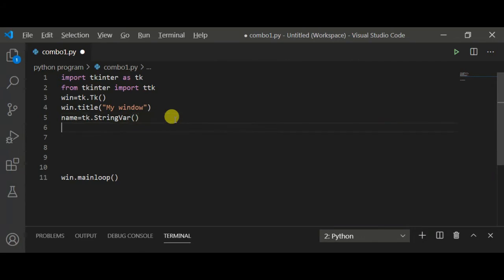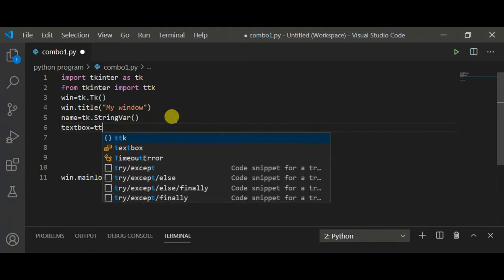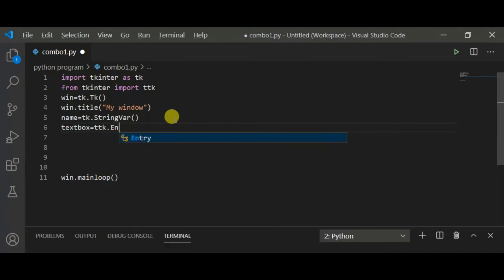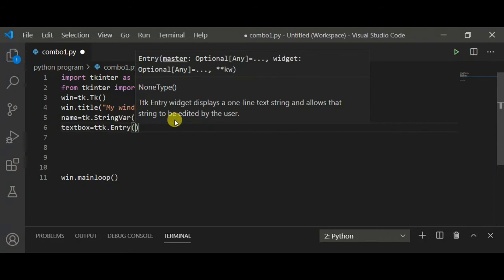It is a name variable or text variable that holds the value of a text box. Now I am creating an object here. Text box is equal to ttk.Entry method. Entry method helps us to create single line text strings.